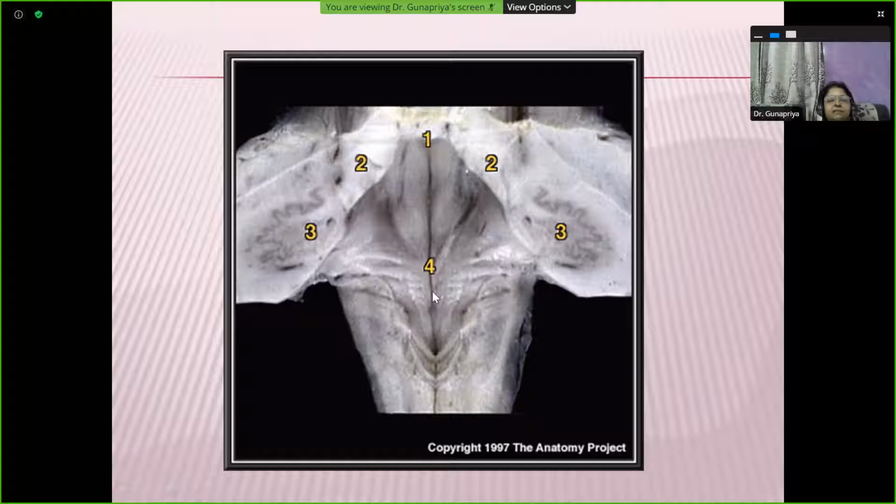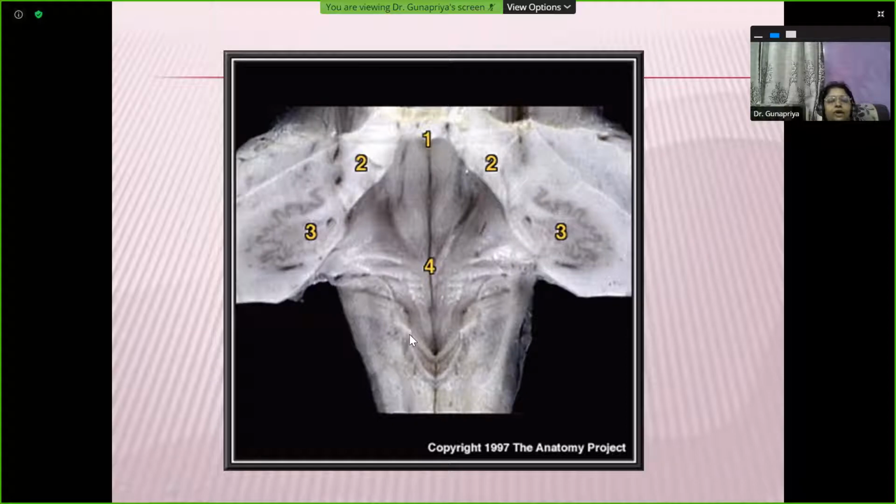Median sulcus, this is the medial eminence within which you can find the facial colliculus, you can make it out very well. Sulcus limitans, and that's a depressed area, your superior fovea, and this is the locus coeruleus and vestibular area. The same median sulcus here, hypoglossal triangle, and this is your vagal triangle.